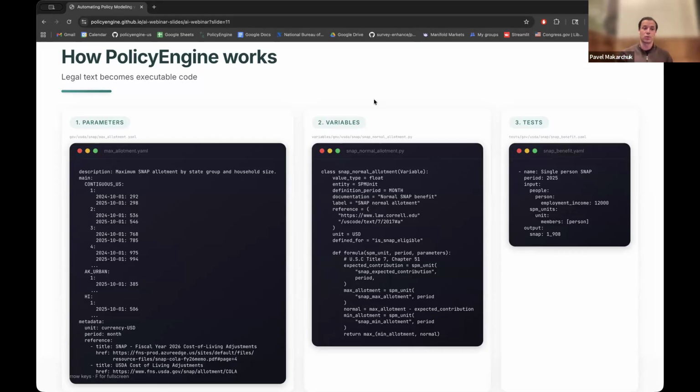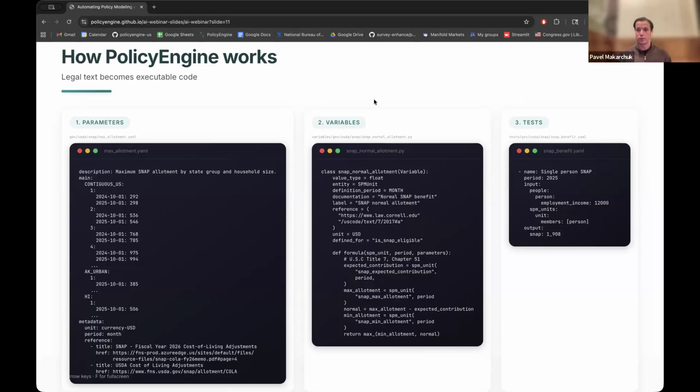In the parameters, we store all of the numeric values such as maximum benefit amounts, income thresholds, age thresholds, also lists of different types of income that, for example, go into the earned income bucket of a specific program. We store those as YAML files. They not only have the values that can be accessed through the Python code, but also metadata. This is where we store all the references that we use.